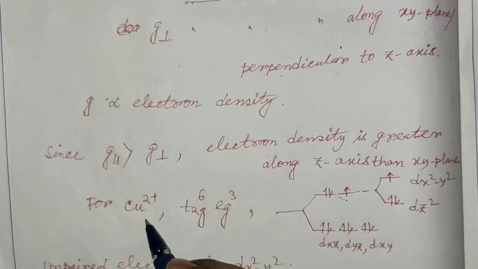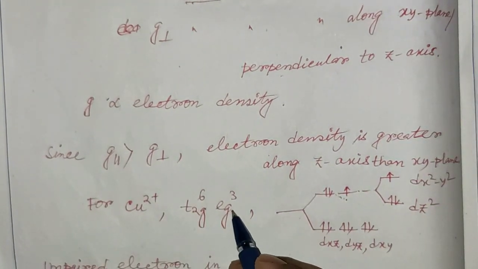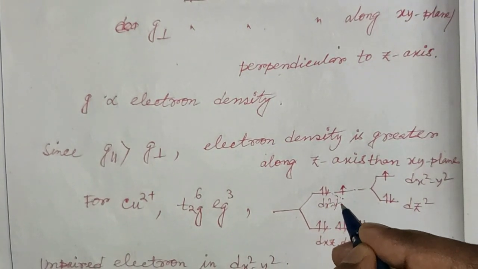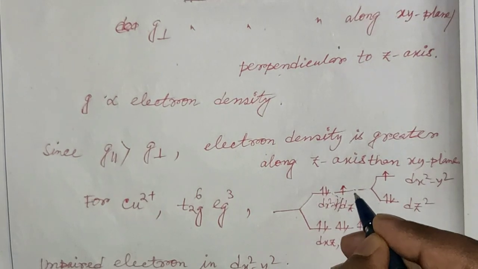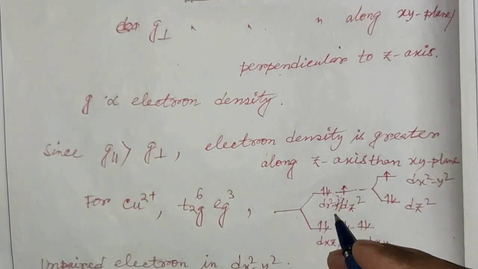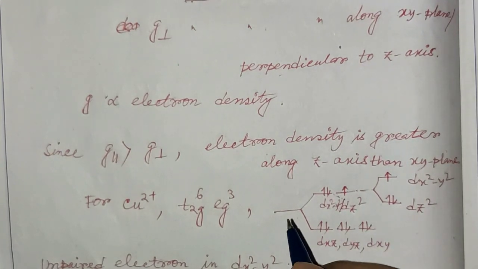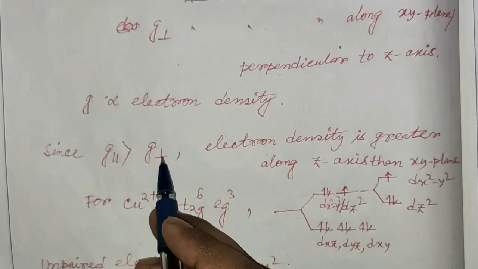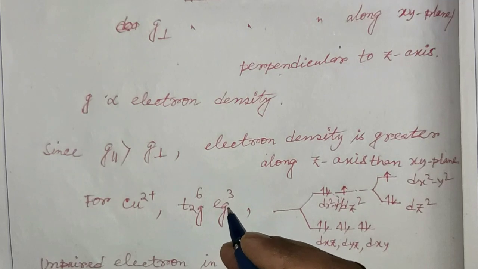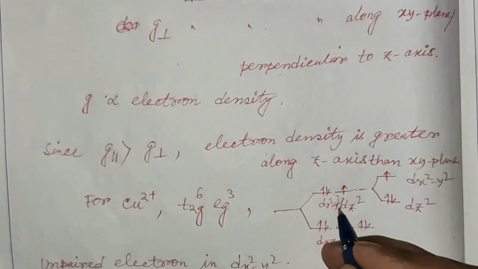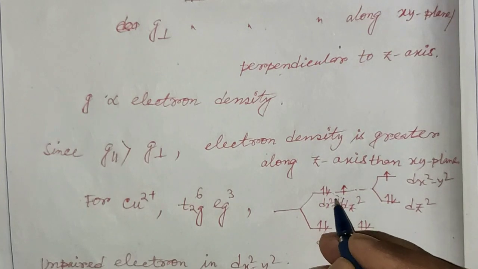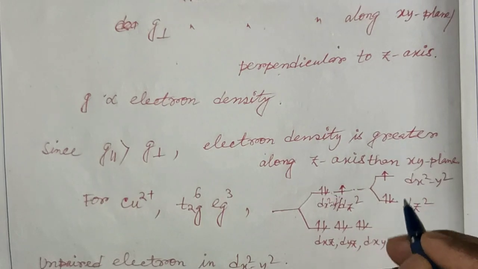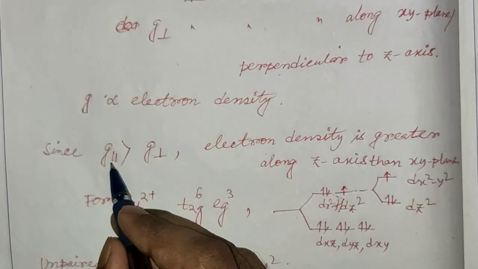Since copper 2 is t2g6 eg3, here two d orbitals are used in the eg symmetry: dx square minus y square and dz square. Since g parallel is greater than g perpendicular and copper 2 is showing Jahn-Teller distortion due to unsymmetrical filling of the eg orbital, it will be divided into two d orbitals, and g parallel